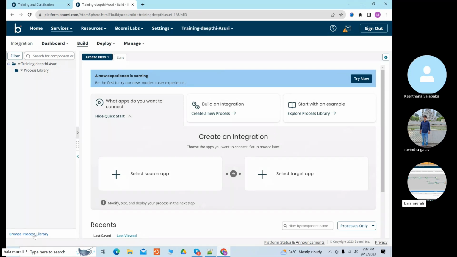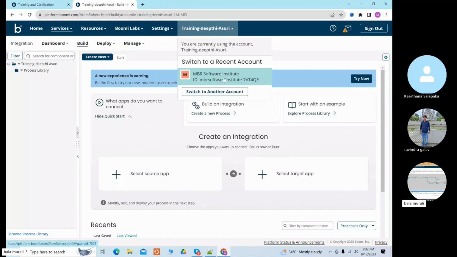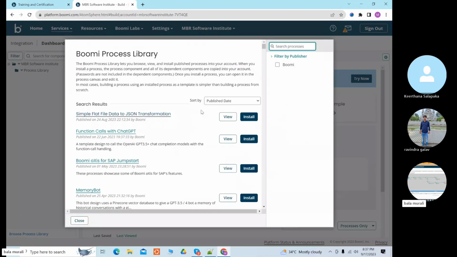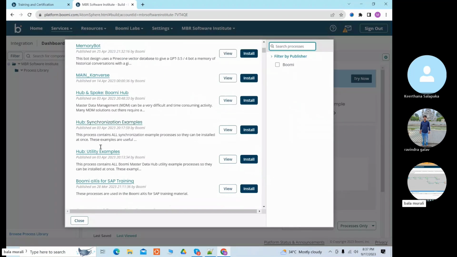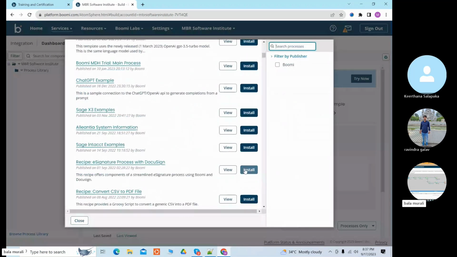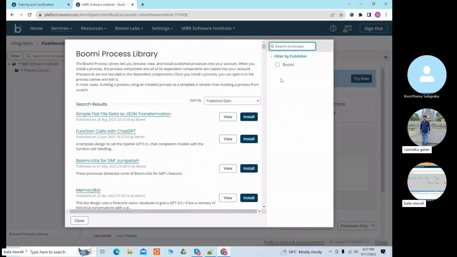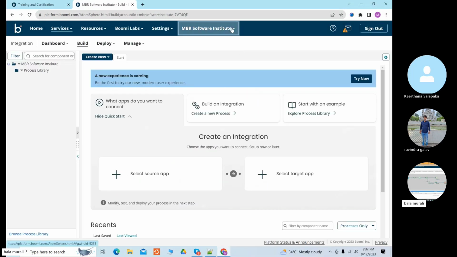Okay. So the difference between these two, why I had given you this here: when you train your account, the Boomi education systems won't be available. There will be some inbuilt processes for certification training. If you see here, these are all the inbuilt processes. You can install and verify and run tests and everything. But see here only Boomi is there. But you need here the education tab services. That service you won't get access.